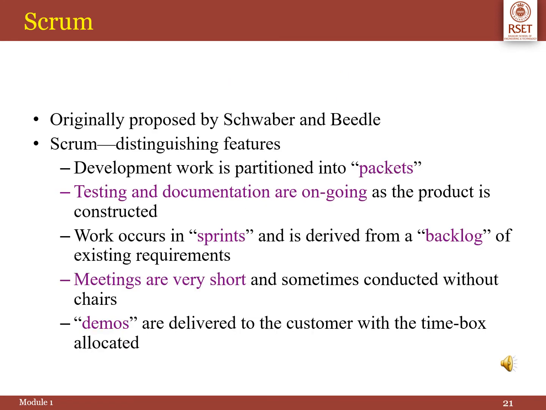The next model is the Scrum model. Scrum was originally proposed by Schwaber and Beedle. Scrum is one of the agile frameworks for software development. Scrum is an iterative incremental framework for managing complex work, such as new product development. The main features of the Scrum model are: